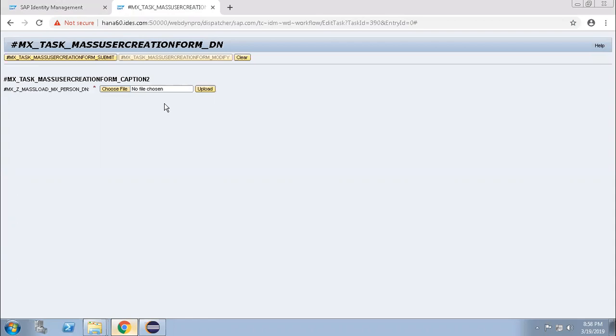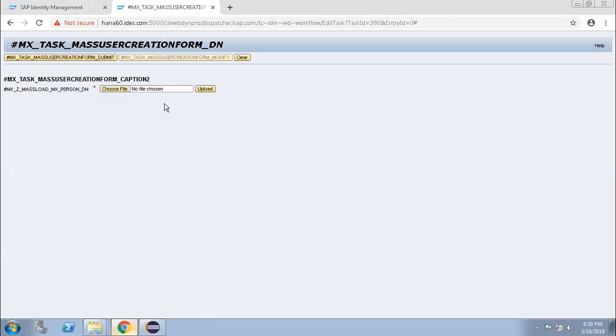We can ask the basis team for the server location for the first time, and there we can create a folder where all the mass load process files will be stored. Okay. So after uploading the file in the UI, what will be our next process?